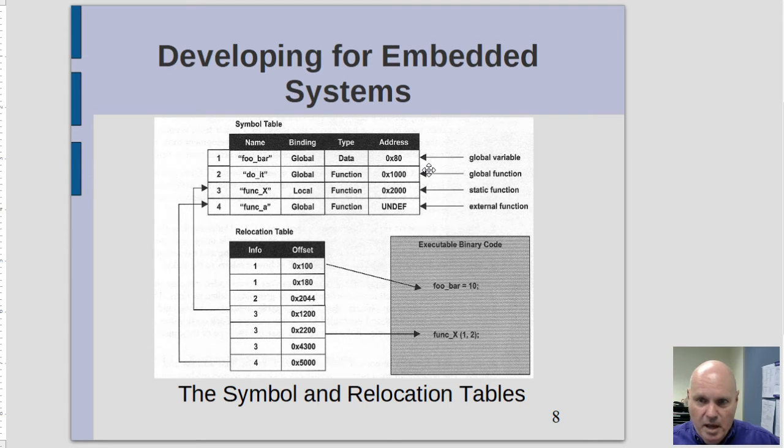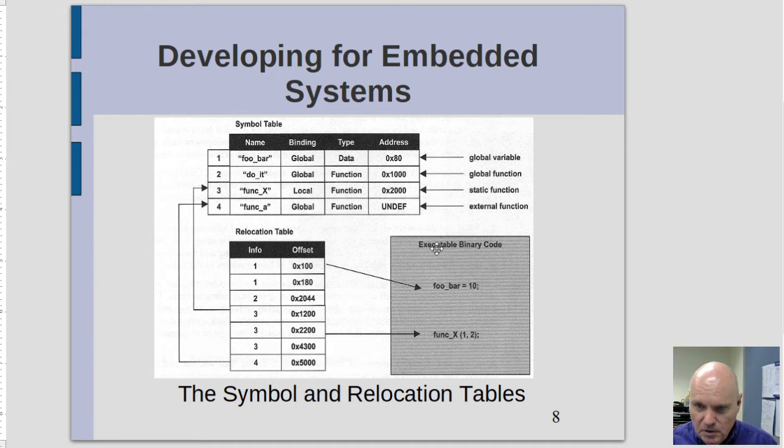gets loaded into actual memory on the target processor, that variable is not going to be at location 80. I don't know actually where it will be. It depends on where the linker actually puts it a little later on. But wherever it is, the rest of the code may have references to foobar. There may be a line in your code like showing here that foobar is equal to 10. Well, this particular line of code or this particular address to foobar is at location 100, offset 100 in our